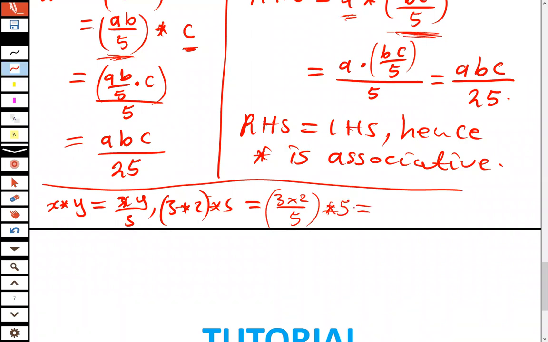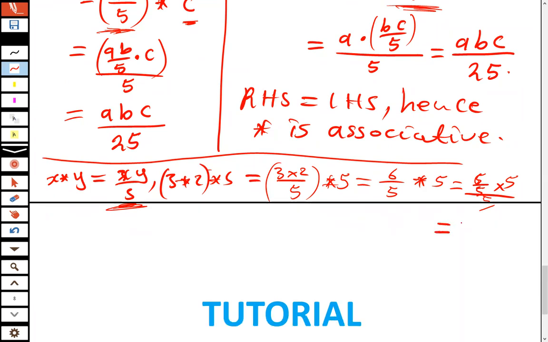So 3 times 2, the answer is 6 over 5. Then we say star 5. So 6 over 5 becomes our x, and then our y becomes 5. While there is x in this expression, we're going to put 6 over 5. So we're going to have 6 over 5 times 5, and then everything divided by 5. So we divide everything by 5. When we simplify this expression, we're going to have,